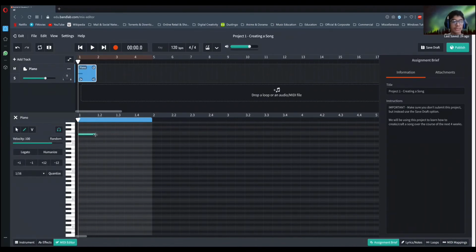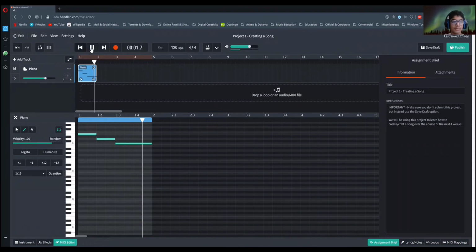All right. In case your note goes longer, if you go to the edge of the note, it will give you this resize option and you bring it down to a quarter. So quarter equals 2 boxes over here on the screen. Okay. My next note is a D and third note is a C. Now C is a half note, so I will resize it and pull it off to 4 boxes because 4 boxes equals 2 beats. Let's play and hear it.